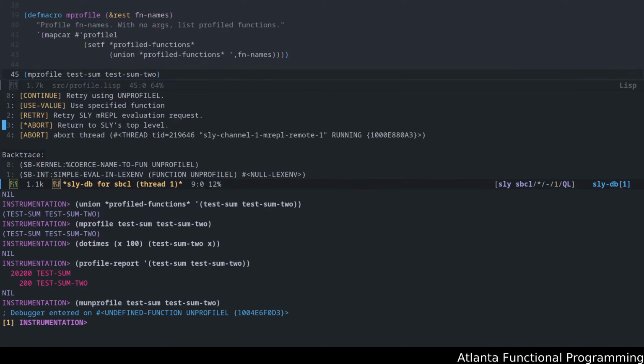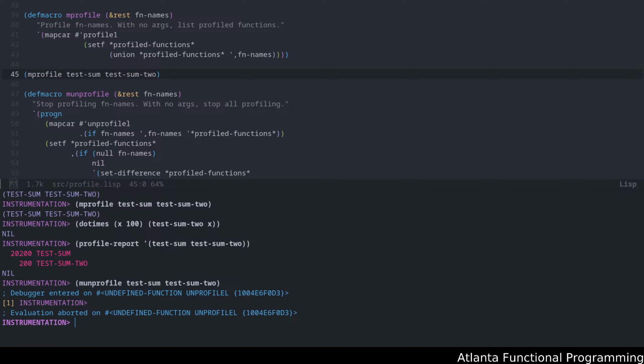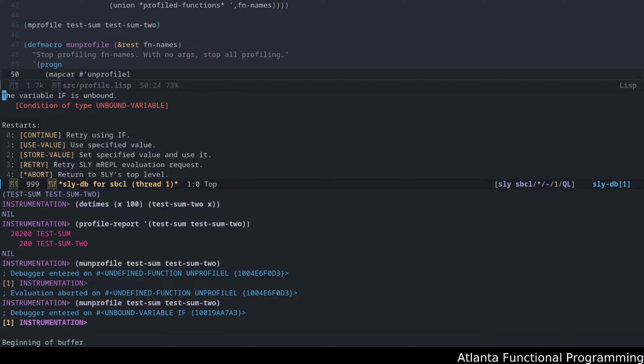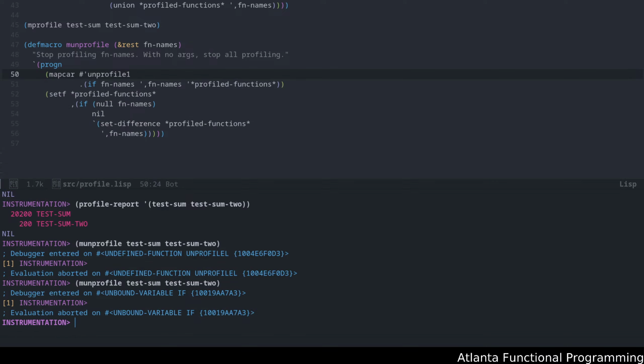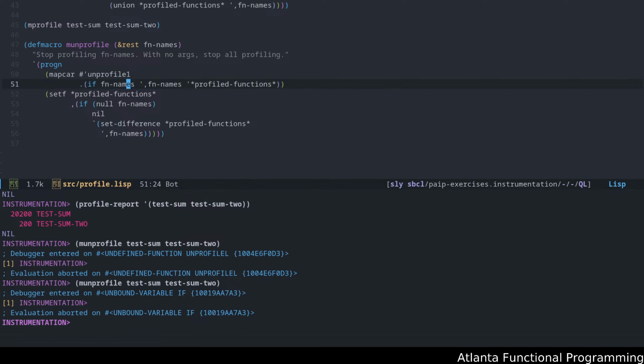And what is this complaining about? Oh, I misspelled something. Sorry. Okay, and what did it say? Variable if is unbound. Okay, so again, there's a quote problem here.